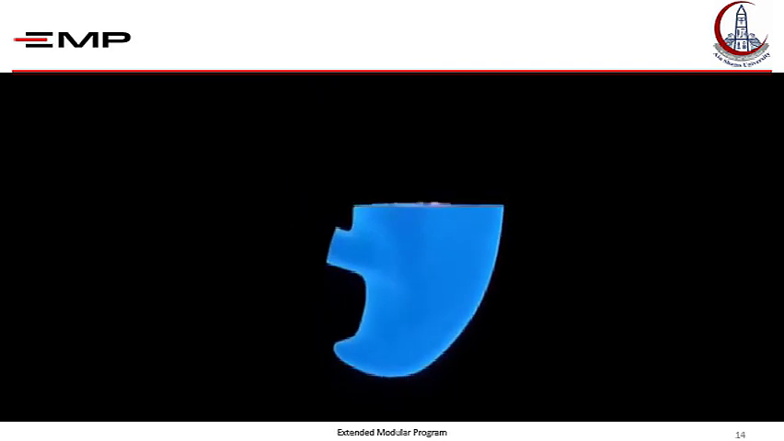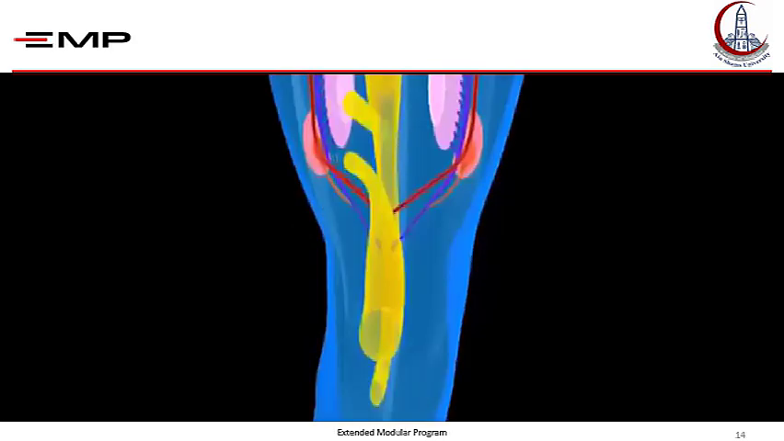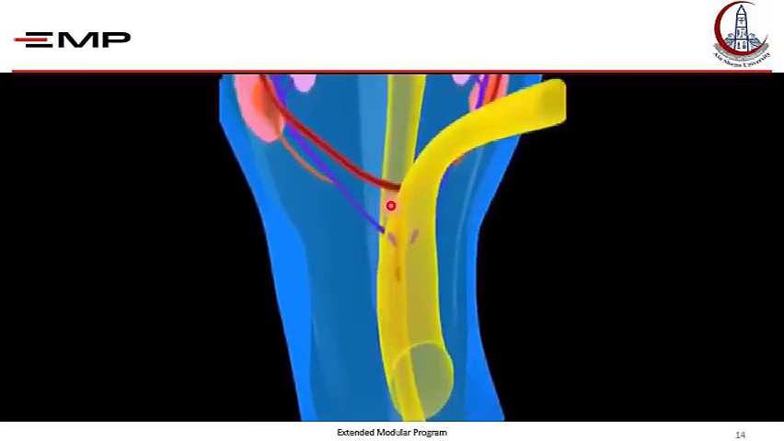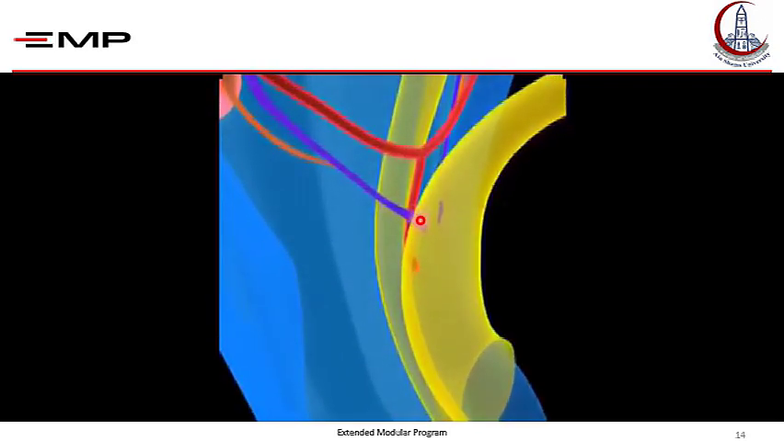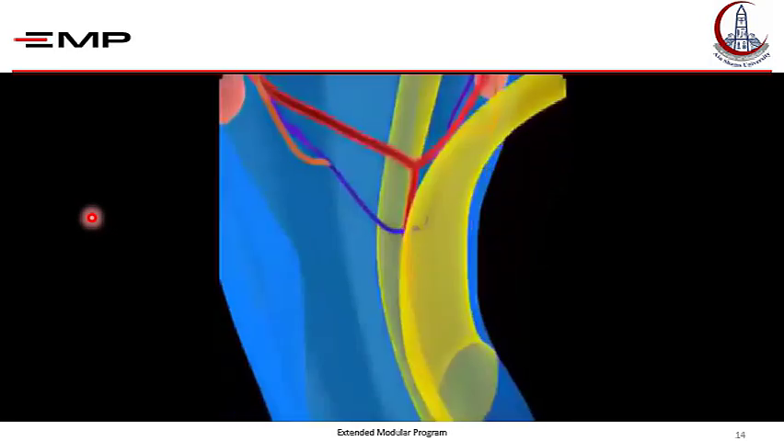We can see here the two duct systems developing lateral to the gonad. This red one is the paramesonephric duct, and the blue one is the mesonephric duct. The two paramesonephric ducts unite here to form the uterovaginal canal, and both open on the back of the urogenital sinus. In the male,